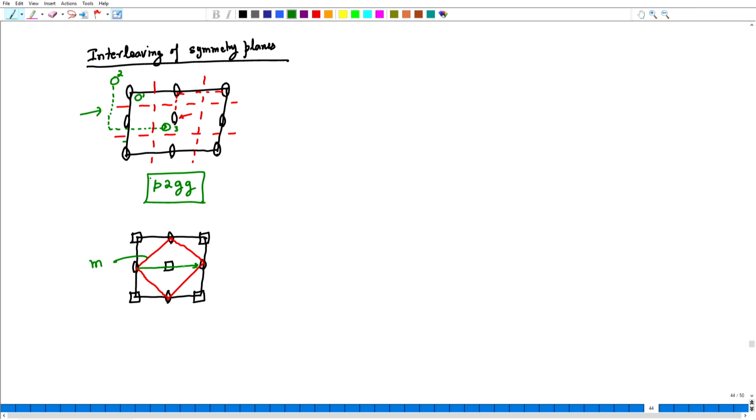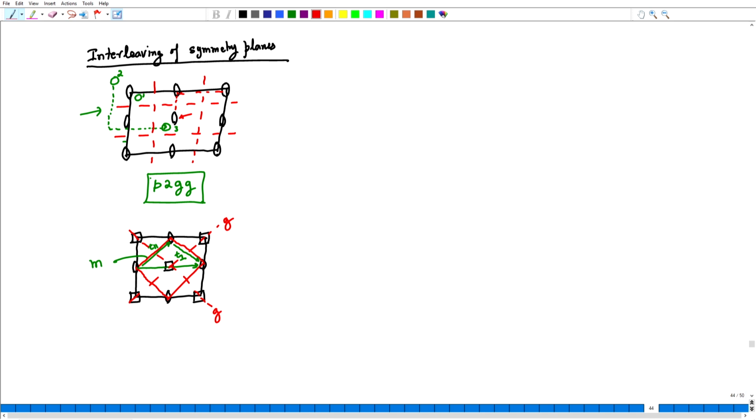I break this translation into a parallel component and a perpendicular component. Clearly, these 4 mirrors make a square. So, the parallel component is this, and the perpendicular component is this one. So, this is T perpendicular and this is T parallel, and therefore, there will be a glide plane that will show up at the midpoint of the perpendicular component and parallel to the mirror plane. Now, similarly, there would be a glide plane along the other diagonal. So, these are all glides.